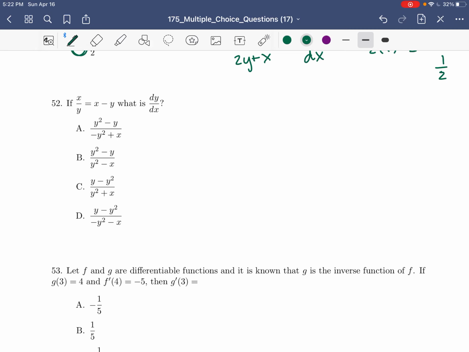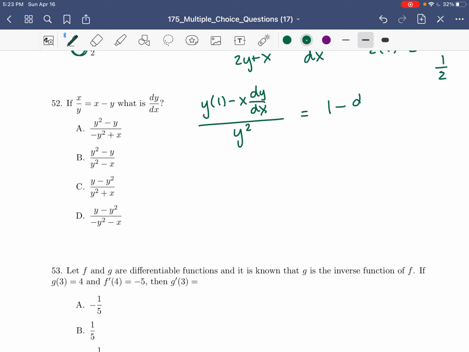All right, next one. We have x over y equals x minus y, so it's still going to be implicit. But for this first part, I need quotient rule. So it's going to be low d high, so the derivative of the top is just 1, minus high d low, which is dy/dx, all over the square of what's below, which is y squared, equals